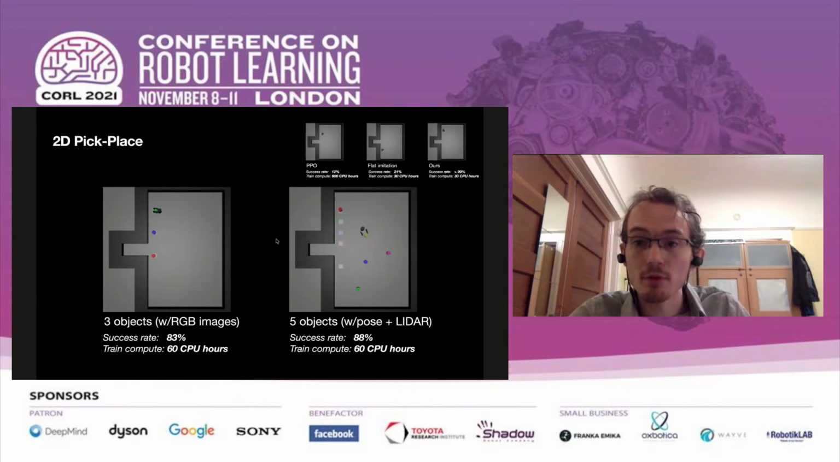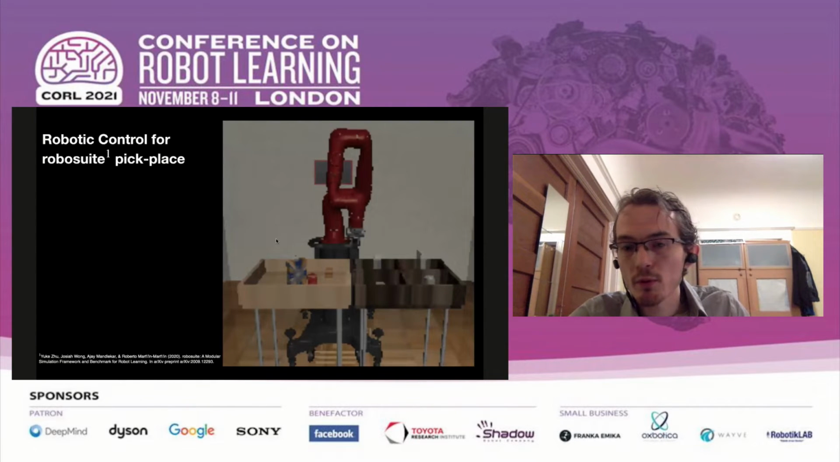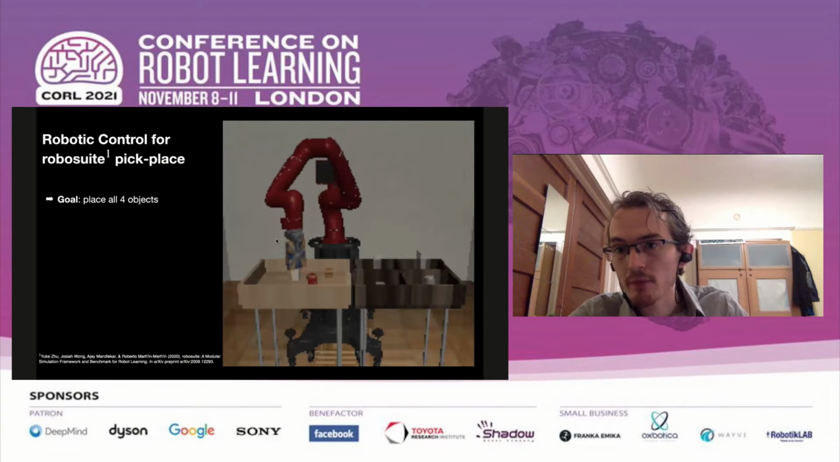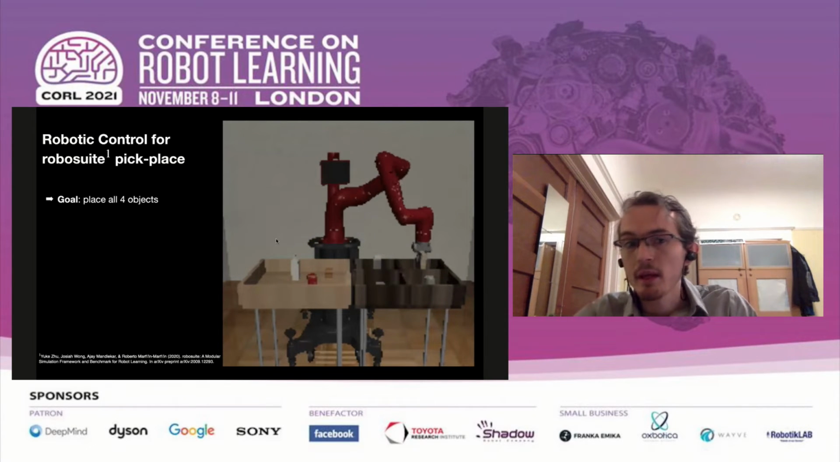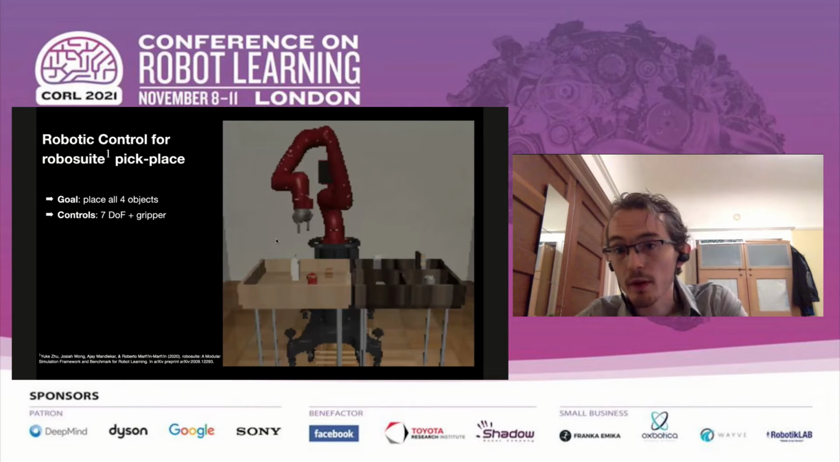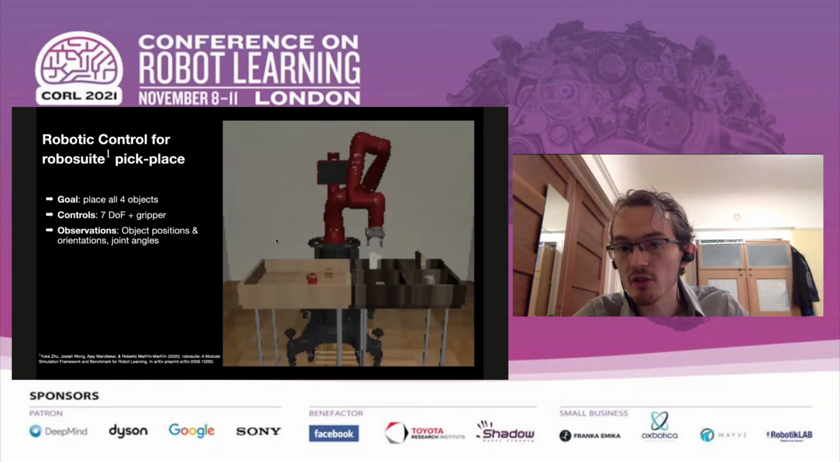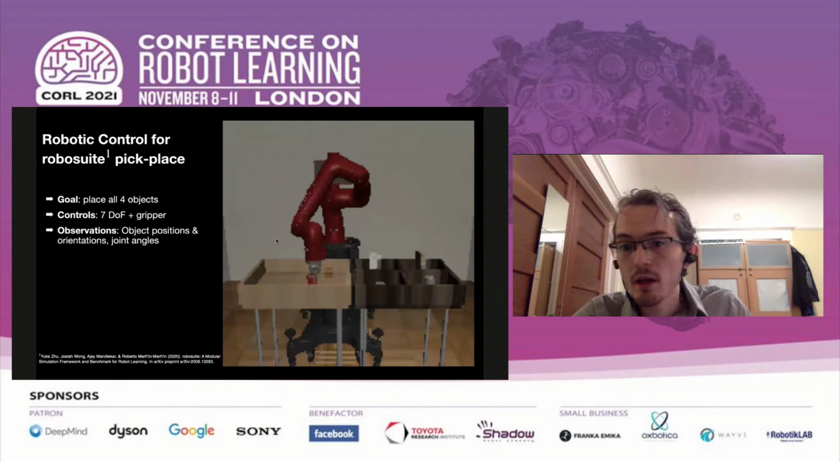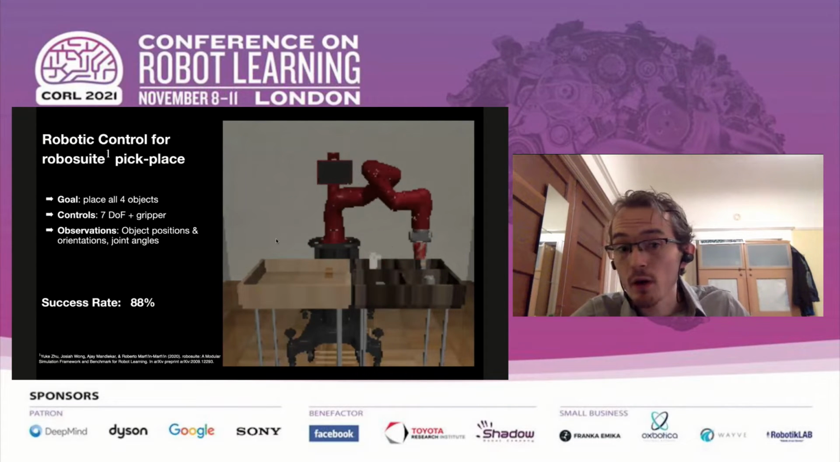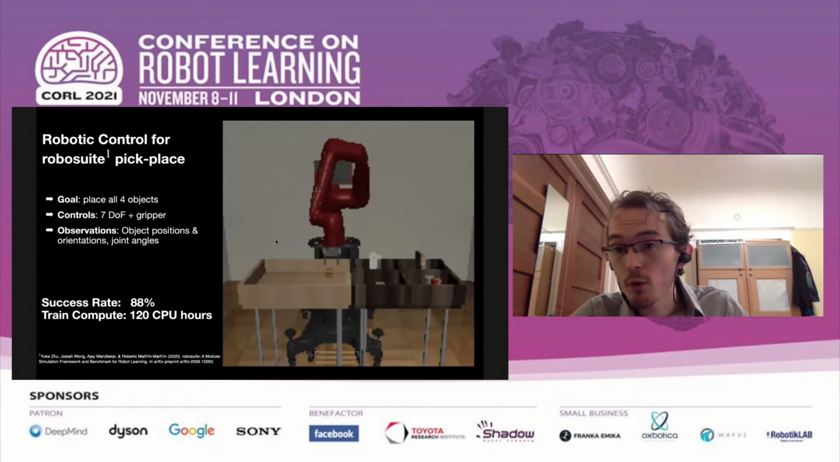Let's move to a more meaningful domain now. Here we see the RoboSuite pick place benchmark. The goal here is to move the 4 objects on the left to corresponding bins on the right. The controls are going to be the 7 robot joint angles as well as the gripper, and the observations are going to be the object positions and orientations as well as joint angles. Our learned policy can place all 4 objects 88% of the time onto their targets after training for 4 hours